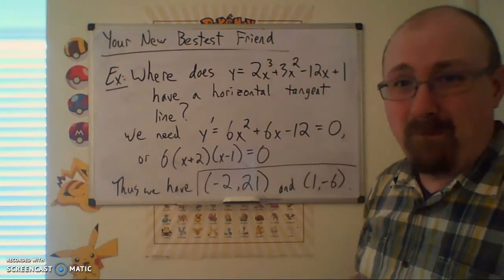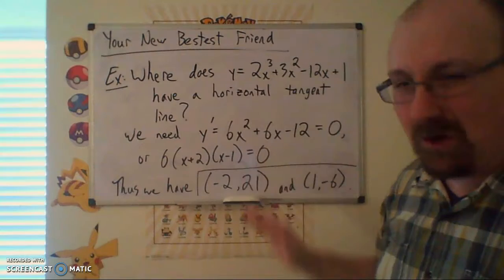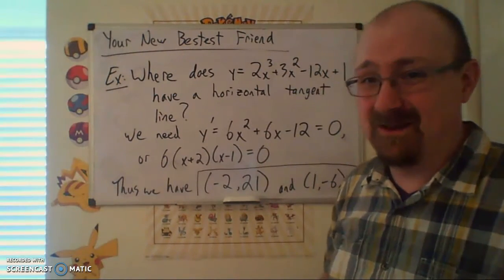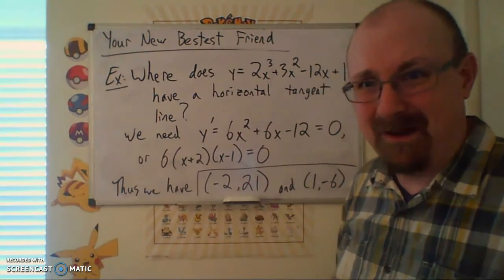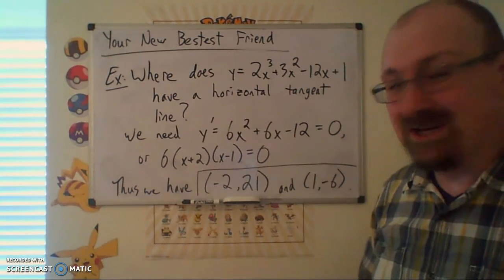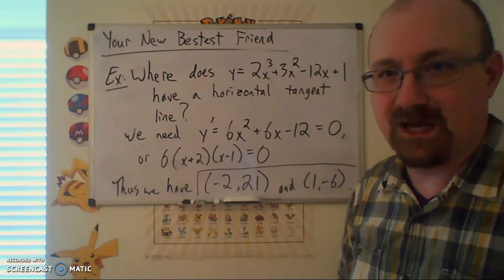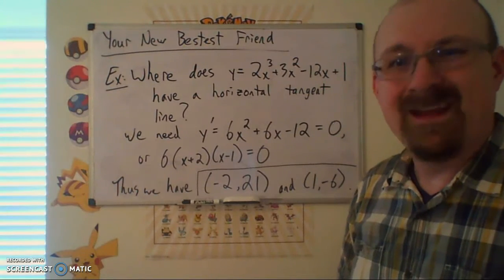Sometimes problems like in web work may just ask for X values where something like this happens. Be on guard. But we try to set up via context whether you're supposed to put in X, Y pairs or not. But yeah, that's an application of this stuff in action, and it's way quicker when you can just use the bestest friend to come up with your derivative formula